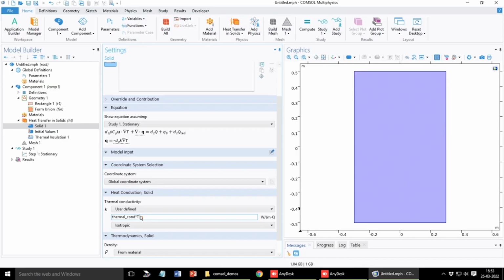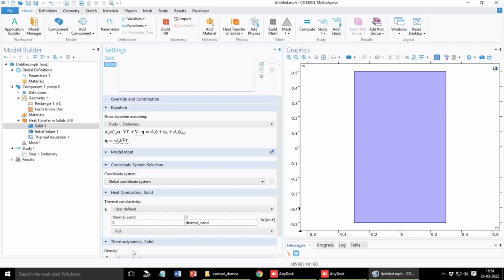Or if you want to give any spatial function, let us say this is a heterogeneous media and there are different thermal conductivities at different zones of this system, then you can just write the thermal conductivity multiplied with T or multiplied with 1 plus x or something like that. Alternatively, you can define different thermal conductivities in different dimensions and directions, and you can choose the full matrix of the thermal conductivity,